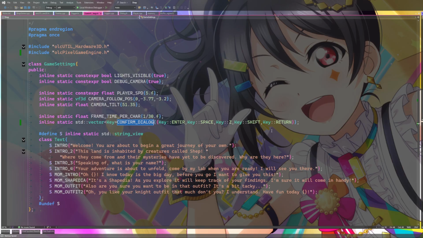I still remember my first jam entry for olcCodeJam 3 years ago. I literally said I was going to use just one key to do everything with. So it's literally just movement keys and then one button to confirm everything.